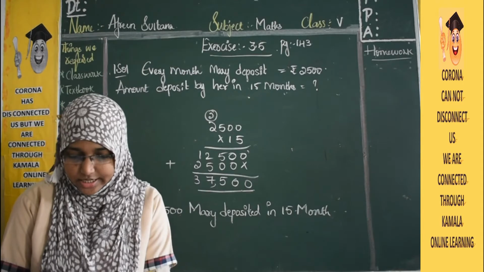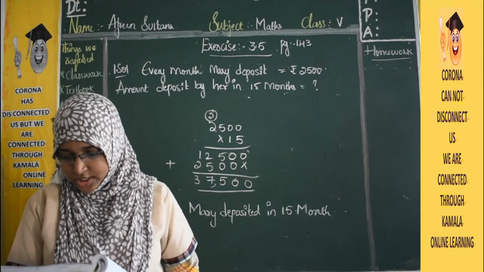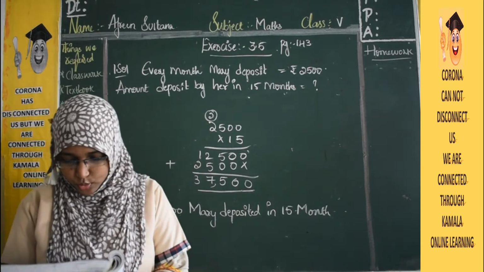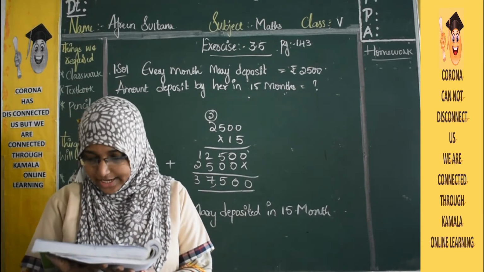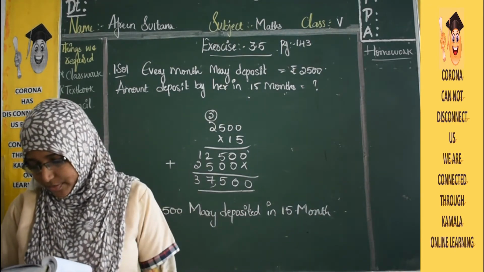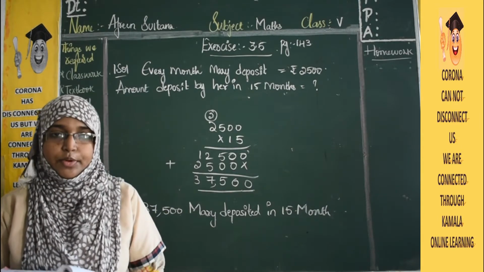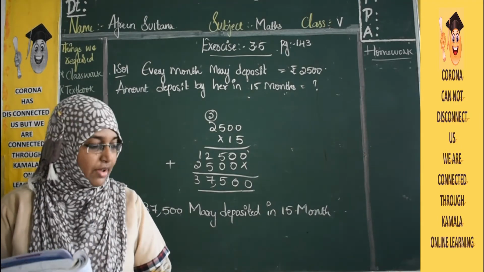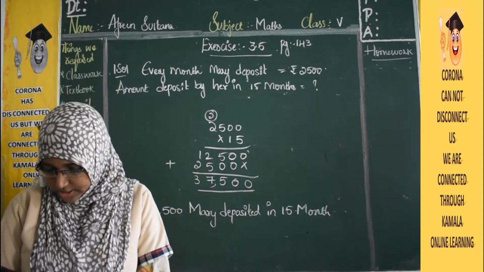I'll just give you a hint. Let's see here. New Creation School is preparing for its annual day function. They have planned to decorate the school building with 15,340 strings of light, and each string of light has 112 bulbs. So how many bulbs will be there for decoration? So here is New Creation School. They are preparing for their annual day function and they have ordered some lights to decorate the building.